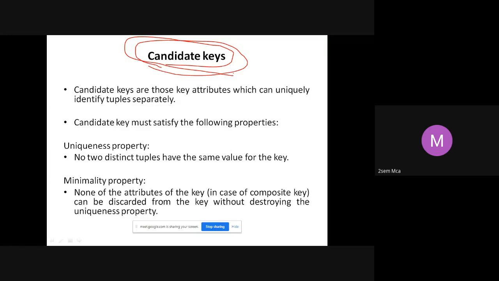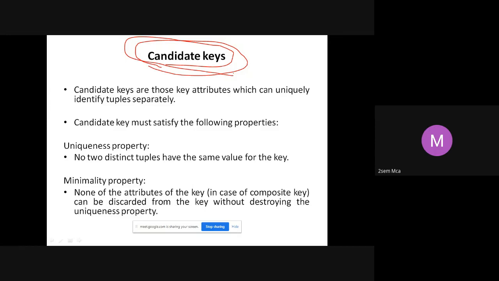I gave an example of a citizen of India table. Citizen is an entity. What are the attributes of this citizen? Aadhaar number is an attribute, name is an attribute, voter ID is an attribute. Of course, name, phone number, address, all these are attributes. Now, when I take citizen as an entity and I create a table with these attributes, what is the primary key there? I can take voter ID also as a primary key. Voter ID can act as a primary key. Aadhaar number also can act as a primary key.